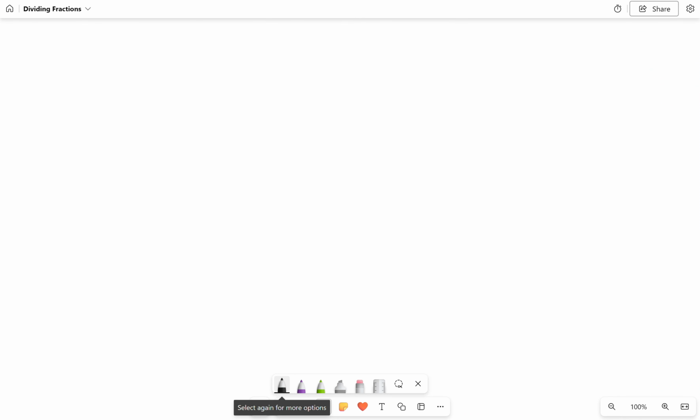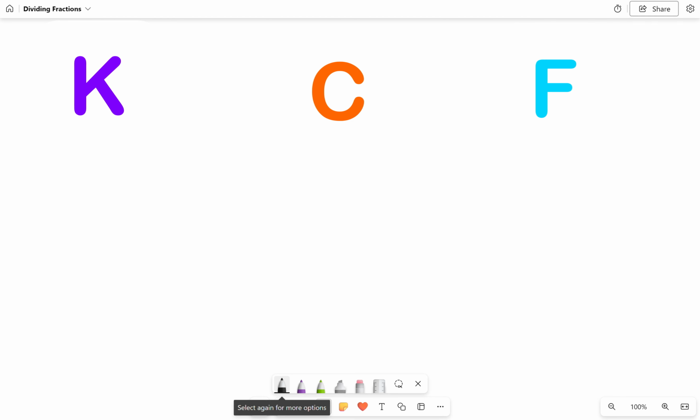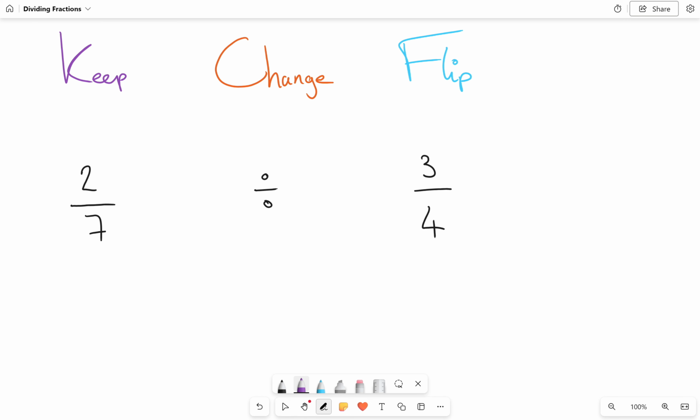To divide fractions, we need to know the KCF method. Not KFC, KCF. K stands for keep, C is for change, and F is for flip, and I will explain this using an example in a sec. So let's have a number. We're going to say 2/7, and we're going to divide that by 3/4. The first step is the K step, and the K step is keep. So we're going to keep whatever's in the keep column. So 2/7 is going to remain